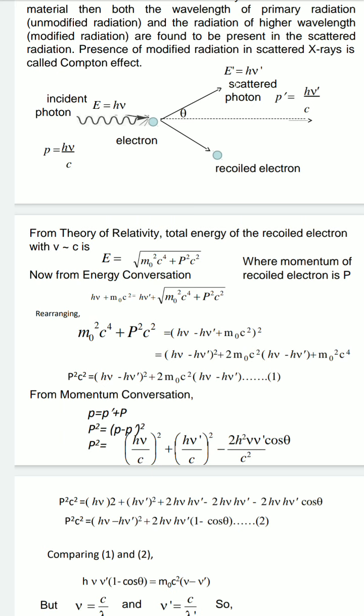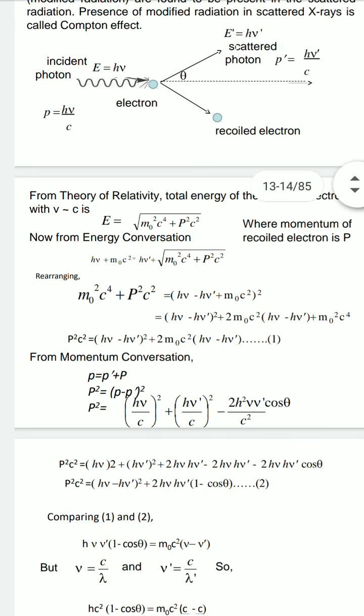After scattering, the recoiled electron has the rest mass energy and kinetic energy. So we have taken the root mean square. That means we have taken the square of the rest mass energy and the square of the kinetic energy, added them together and taken the square root. So we get the total energy as the square root of m0 square c raised to 4 plus P square c square. Here m0 square c raised to 4 is the square of the rest mass energy and P square c square is the square of the kinetic energy.